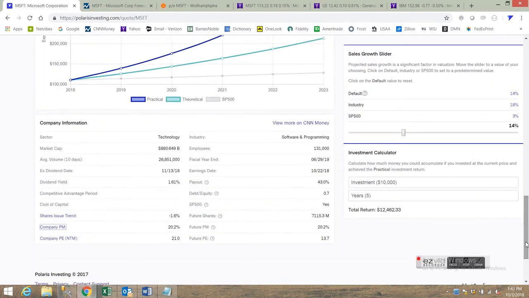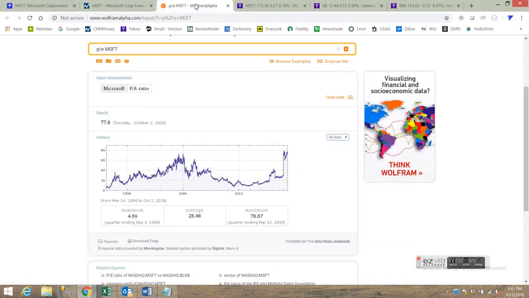So that pretty much leaves the last parameter, the second most dominant parameter, which is the future PE. So let's go look at the historical PE for Microsoft. I went ahead and took it all the way back to when the company was formed, 1980. And you can see over this time, the average is 28 over